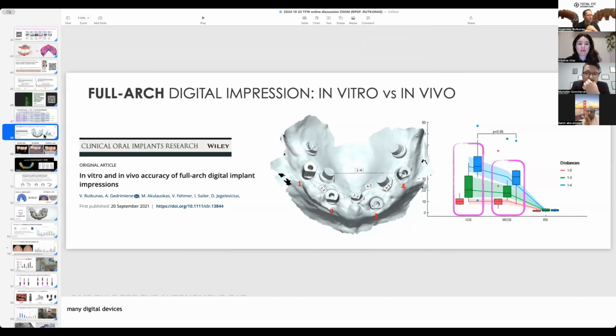Most probably you're talking about this study. So definitely yes, this is the problem, that we want to extrapolate the results from in vitro studies to the in vivo setting, which is not very easy, not the right way to do. But there are quite many challenges still left for the intraoral scanners. And as I said, for recording scan body positions, we are in quite a nice position.